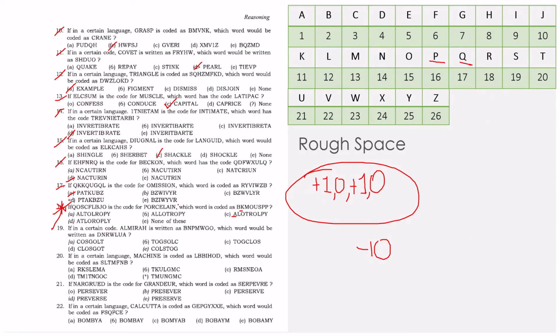Printing mistake is done over here. Actually, there is no option over here, so you can just go with none of this. This is a star mark question also, because the option needs to be given over here, but they did not give. They gave none of this, so you can go with none of this, because K and K need to come, and M and O.